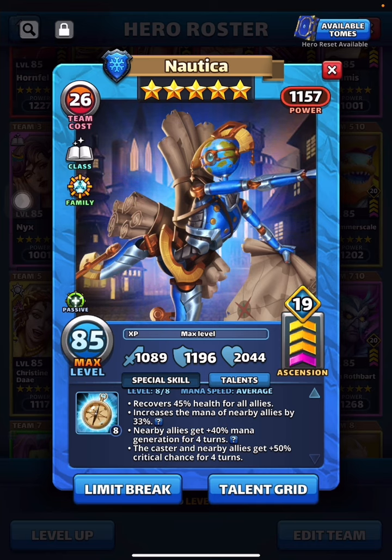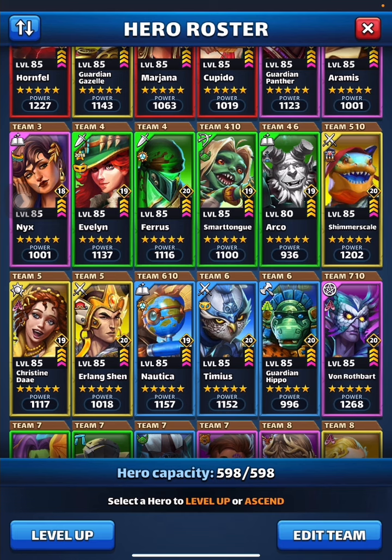So I've given enough examples. I hope this clarifies and explains the rationale that I use for limit breaking heroes. So good luck getting your choices done. Back yourself up, follow this particular process,